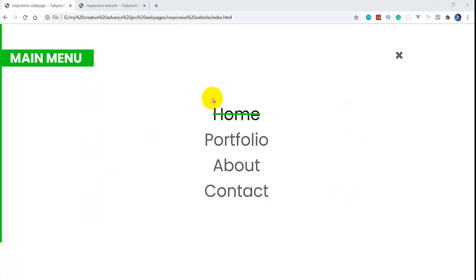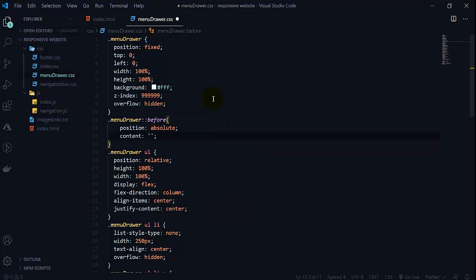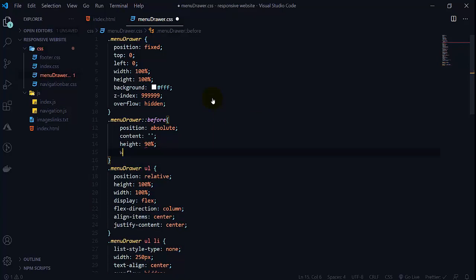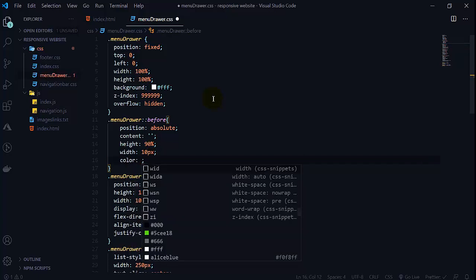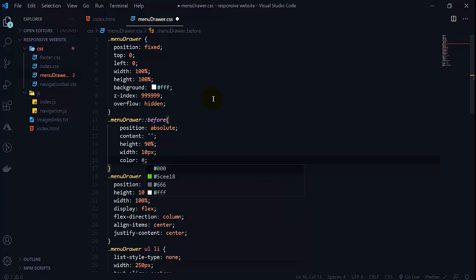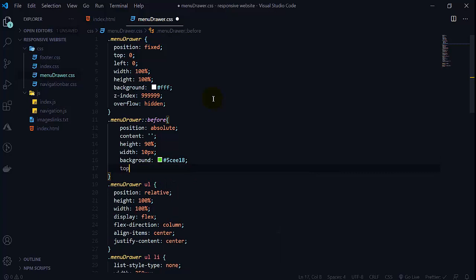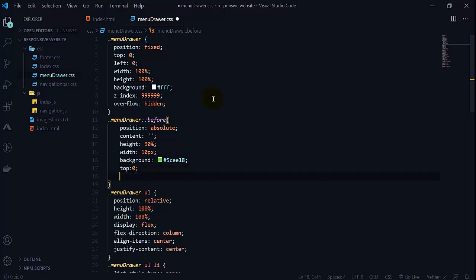The line will be up to only 90%, so its height will be 90% and width will be 10 pixel, and its color will be #5c. We want background, not color. Background like this, and we want top as 0 and left as 0 here.